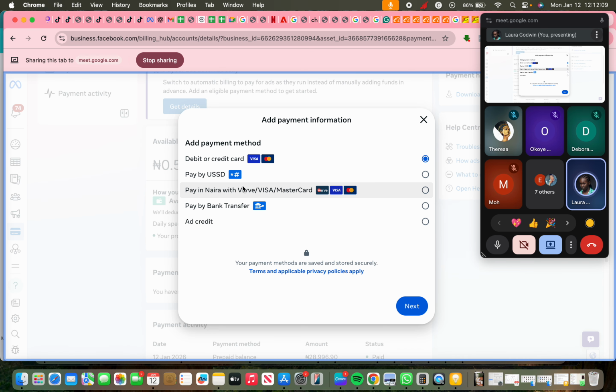All these options weren't even there by then. This pay by USSD, add credit, pay by transfer. It was another thing that was there, but that one involved paying by transfer. Do you understand? Me now, with nobody to teach me, with nobody to enlighten me, I'll come and click on debit or credit card. I will now be struggling to put my